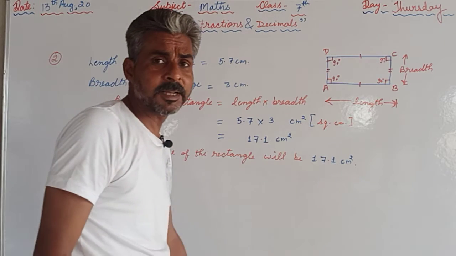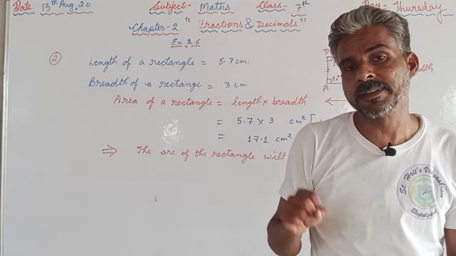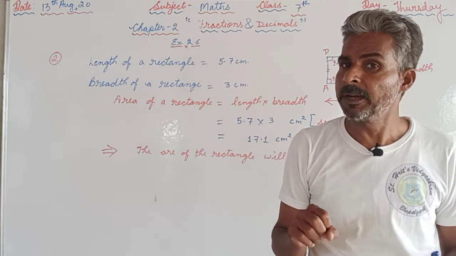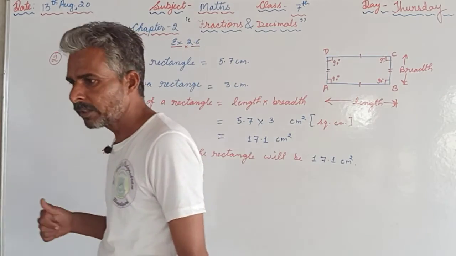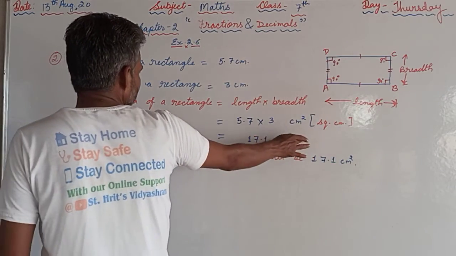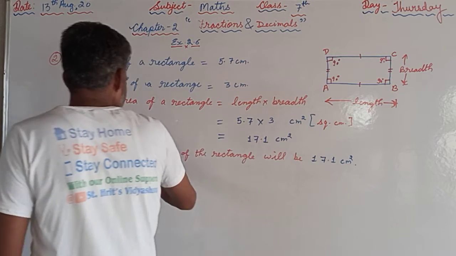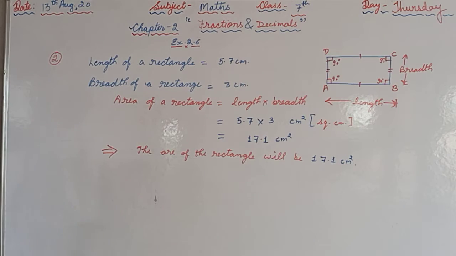Like this we are supposed to proceed, and I am repeating again and again, if the question is a word problem, then we are supposed to use language while attempting the question, and we are supposed to give the answer in language only. We cannot directly leave it here, we are supposed to give a proper language of the answer. At the same time, now we will discuss question number 3.